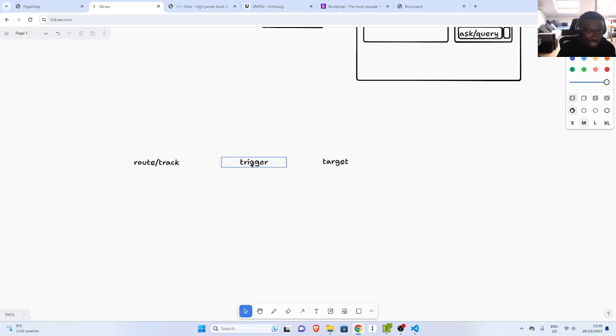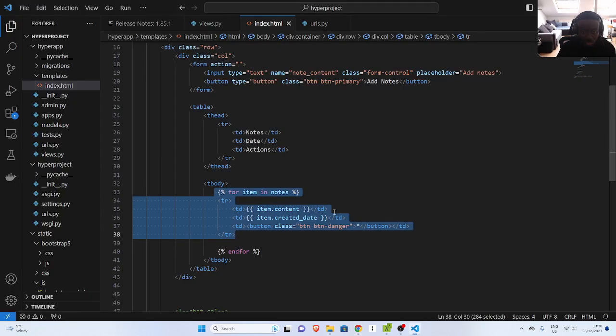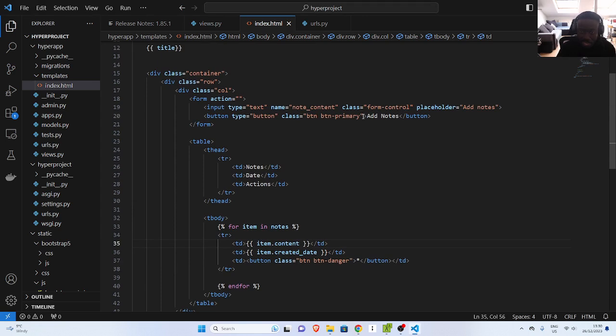So the trigger can be key up, key down, load, whatever. The target is going to be another place you're going to put the result that comes from the route, right? So the route, the track, the trigger, and then the target. So this is the most important thing you have to know. So we have to go back to the button here, and then the button is now the trigger, right? So we just go with first the hx-post, and this is going to take the route. So we can just go with this option here,